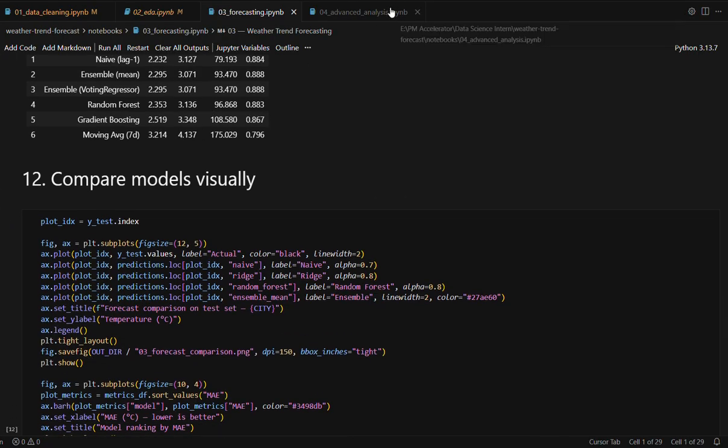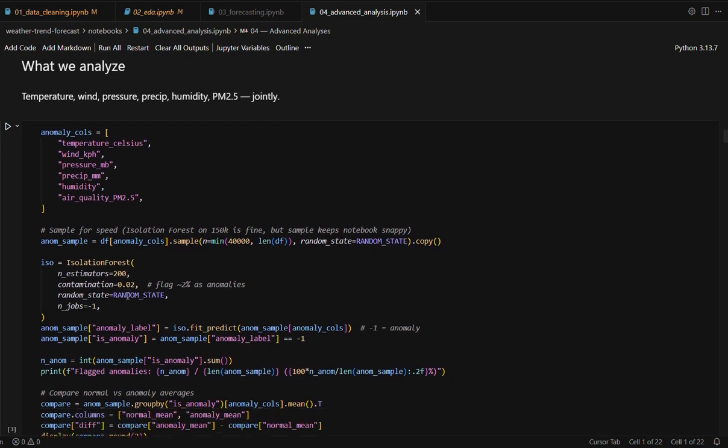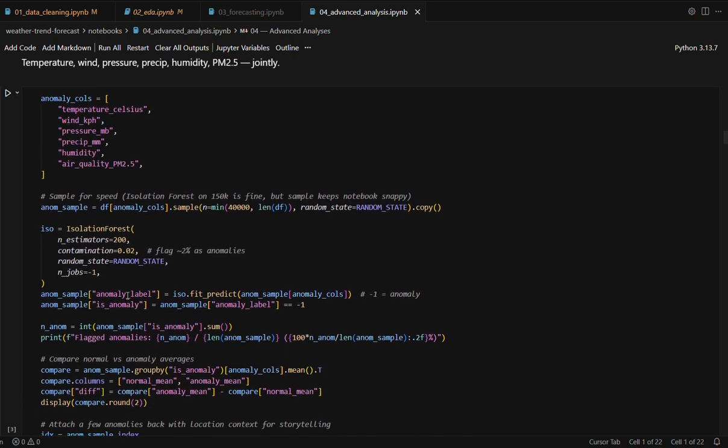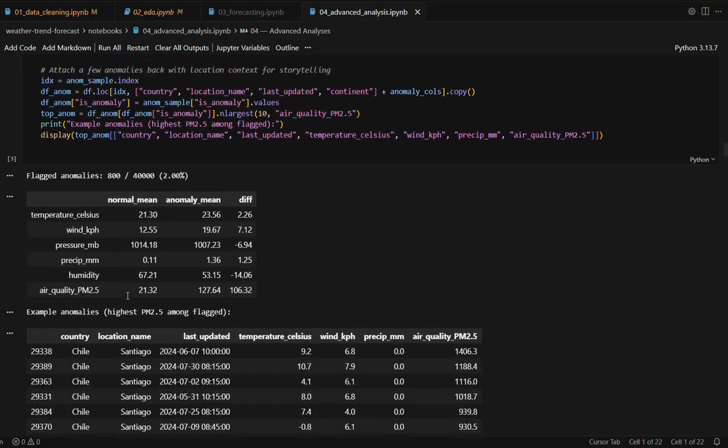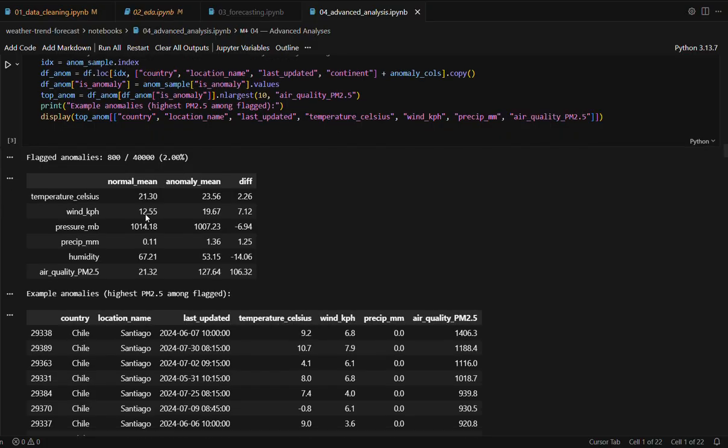And the last one, the fourth, was for advanced work. I noticed that the isolation forest flagged about 2% anomalies. I was just checking some anomalies and it was flagged here with 2%. And